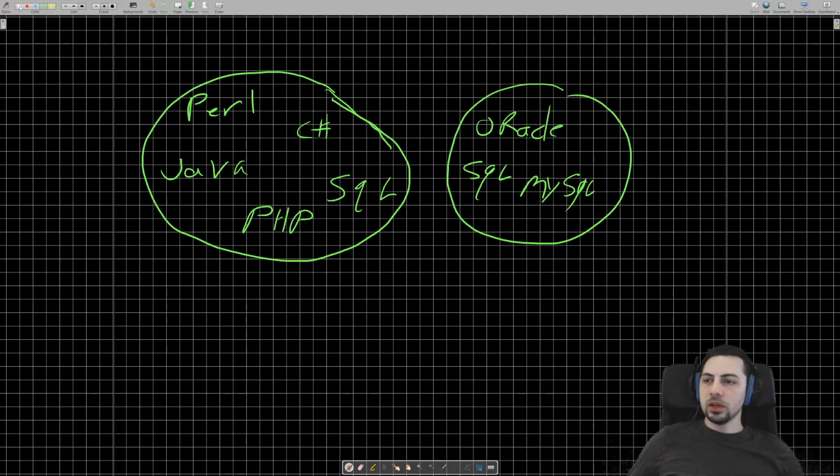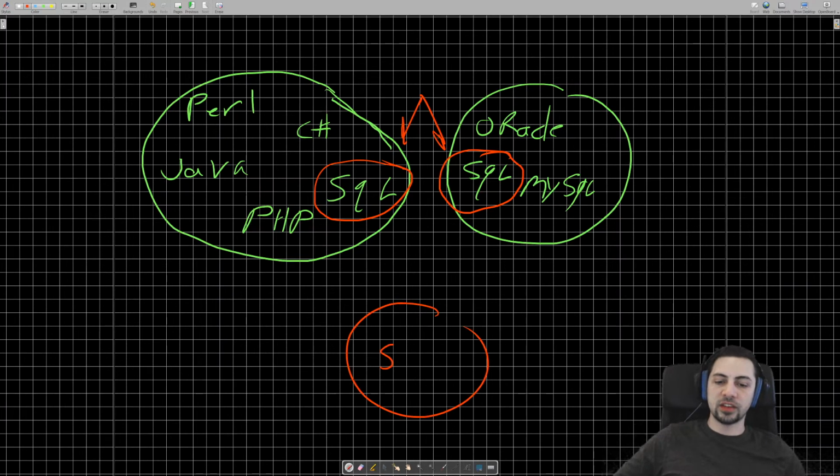Now, when you intersect these, you're looking for things that are the same, which in this case is just SQL. So the intersection of these two sets is just the set SQL. That's A intersect B, where this is A and this is B. The union is going to be A union B,